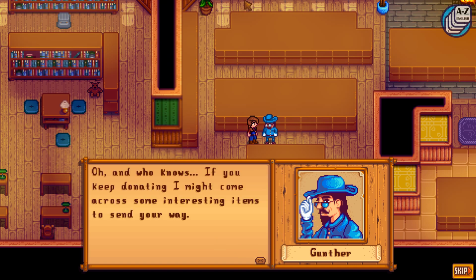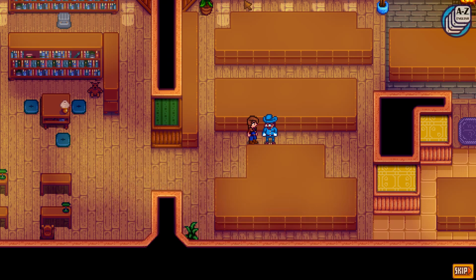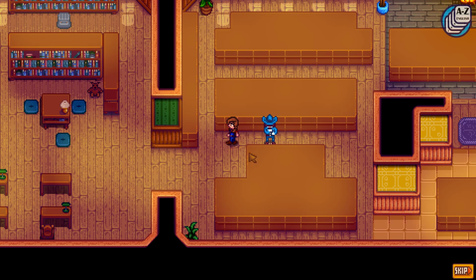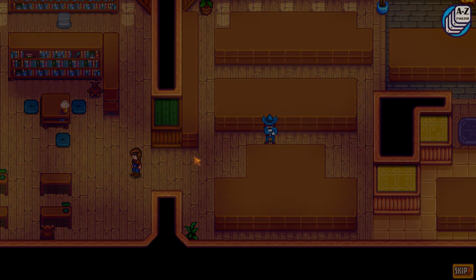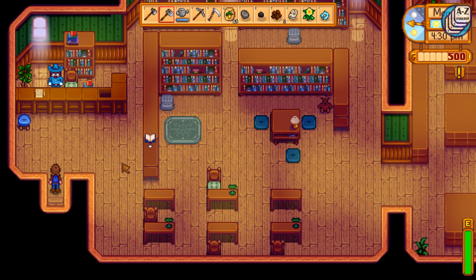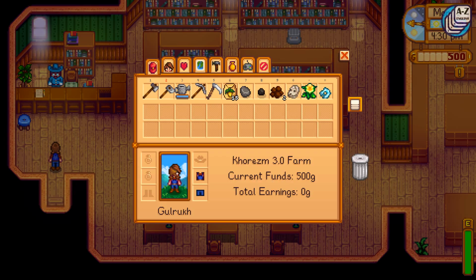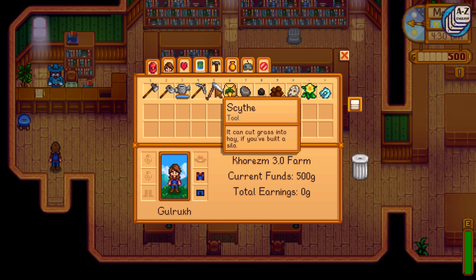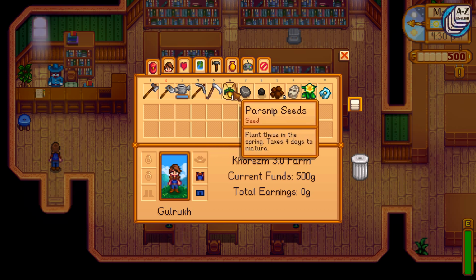So whatever we find, we should donate him. You can read the message when you start your own game. And now, how can we know when we should donate things to Gunther, when we should not? If we look through all the things in our inventory,